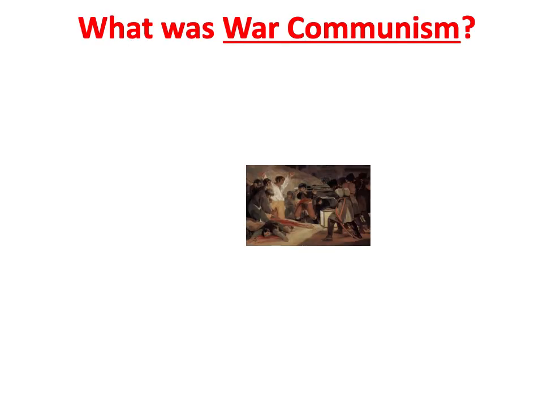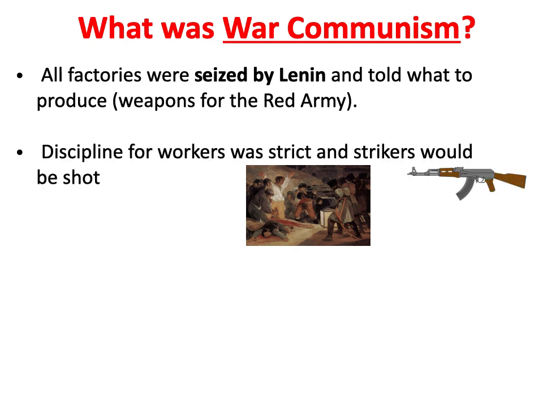So now let's look at the actual measures taken as part of War Communism. There are four main features of War Communism. Firstly, there was the whole-scale nationalisation of industry. All factories were put under state control and geared towards the war effort. In order to ensure maximum industrial production, a strict regime of work discipline was introduced. There were fines for lateness or absenteeism. You could be shot if you went on strike, and a passport system was introduced to prevent workers from leaving the cities.